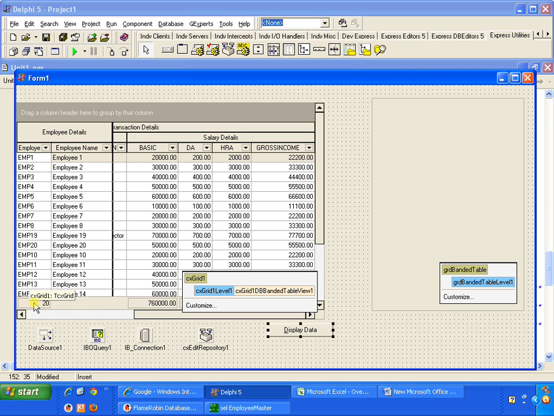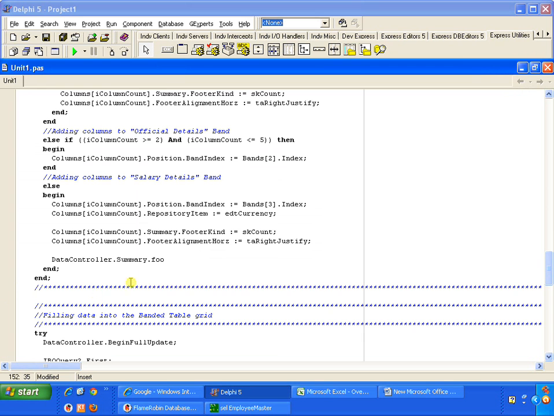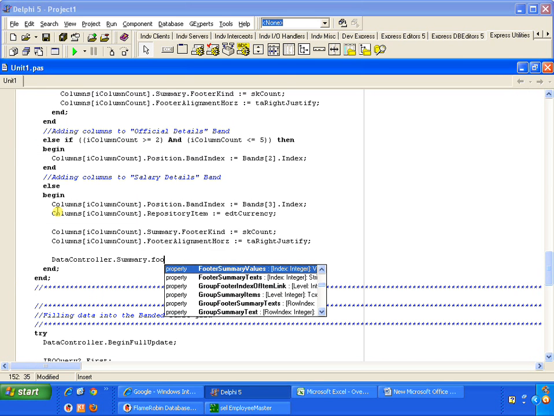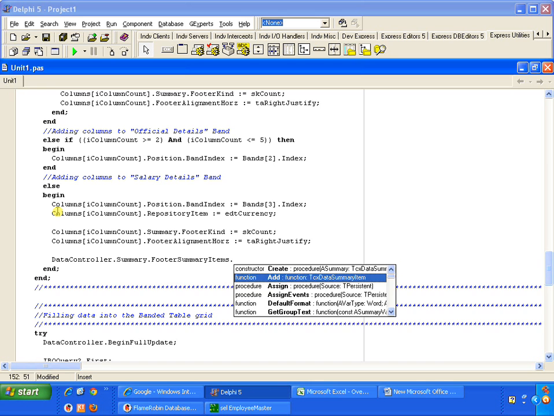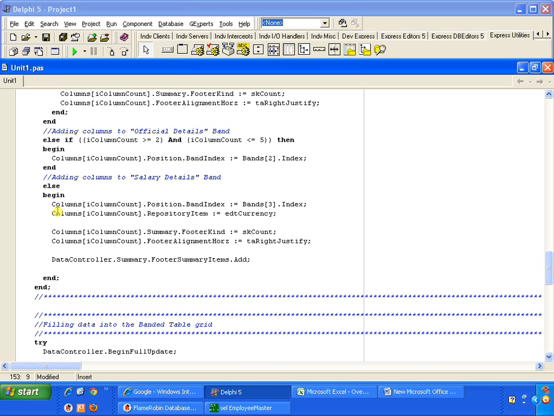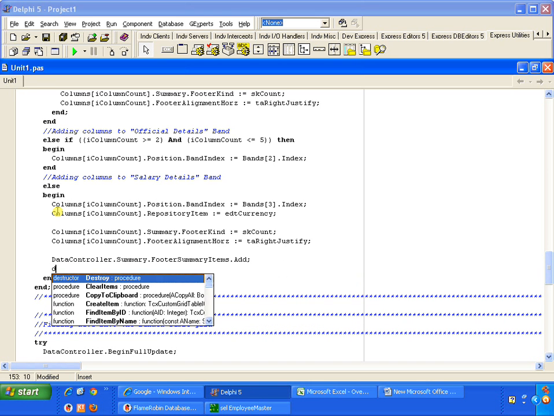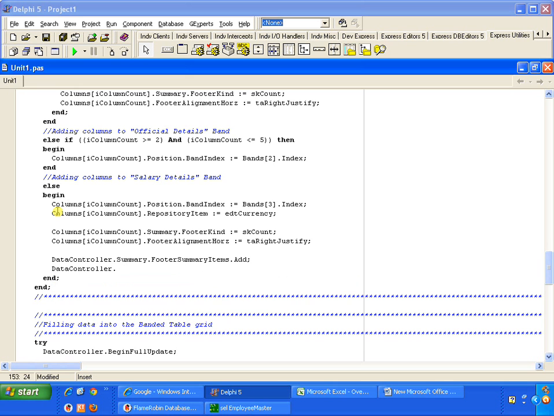So there are two works. One, you have to create an item and then link with the respective column. Once it is linked with that, you can tell the footer summary item which operation should be performed, that is a count or anything else. So footer summary items we have to select, footer summary items dot, you could say add, so it would be adding there, and just say data controller once again dot summary dot,